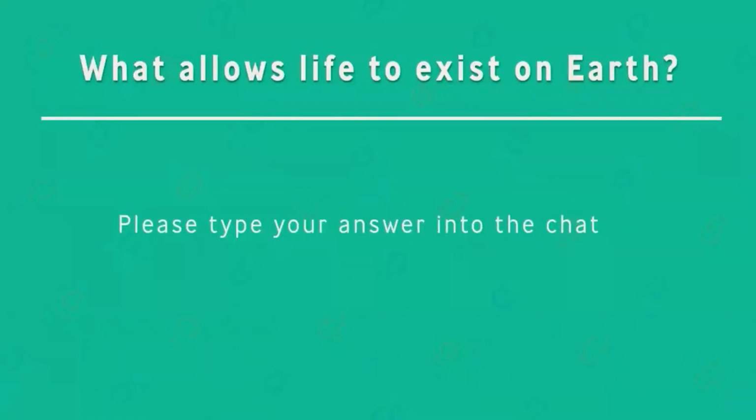Now, before we actually start, we do have a question that we want to ask while we're still getting ready. And that question is, what allows life to exist on Earth? So go ahead and type those answers in the chat here. Take about 30 seconds to answer. So I'm seeing some great answers coming in already. Air or oxygen, plant life and water, oxygen, we agree with water. So great, those are some great answers.